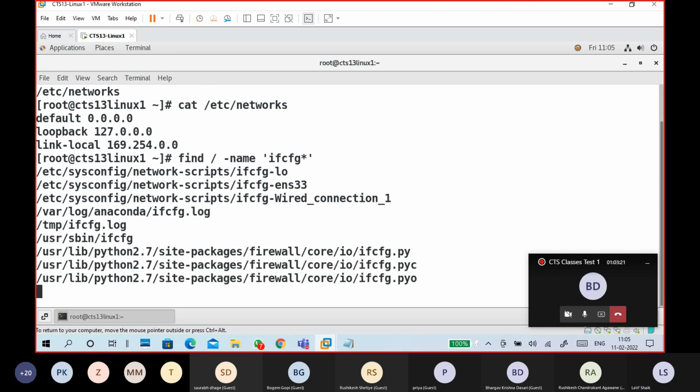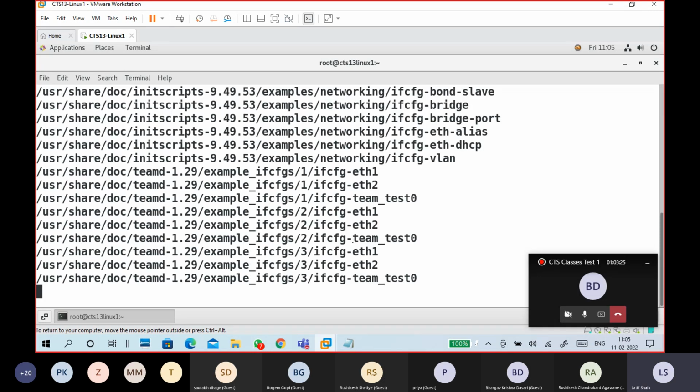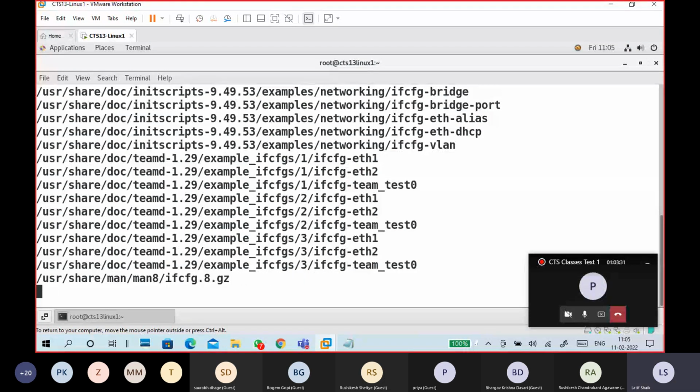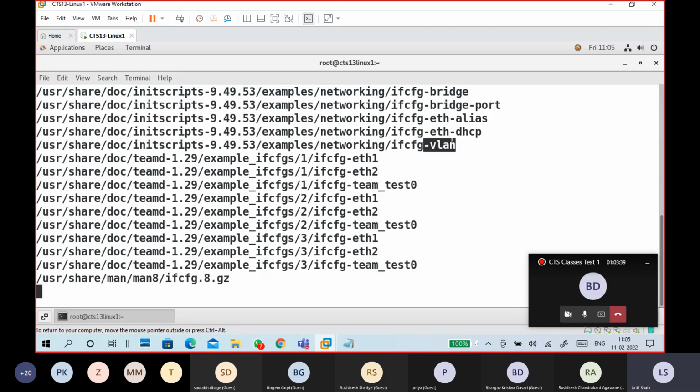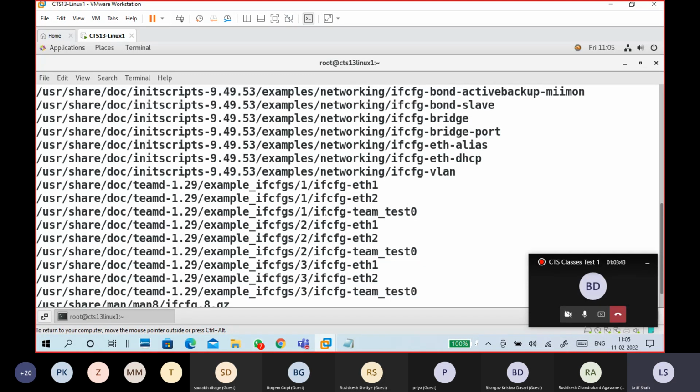It is generating something where ifcfg is there. Oh, so many things, because I gave a star, right? So wherever ifcfg is located, it is displaying. See, so completed searching. I'm scrolling up.